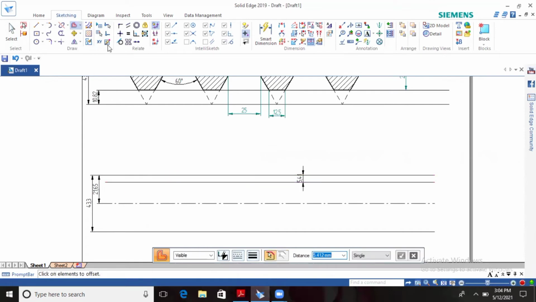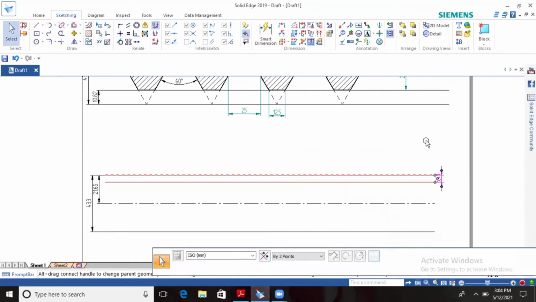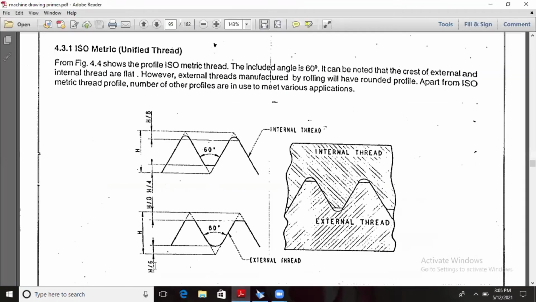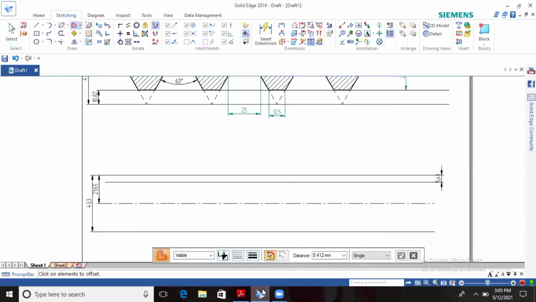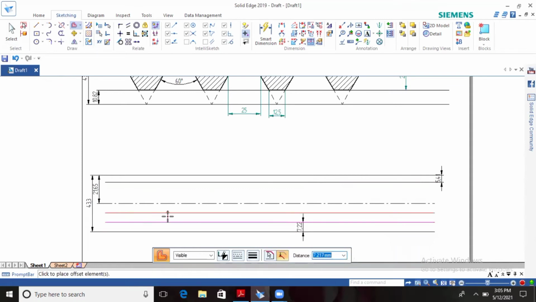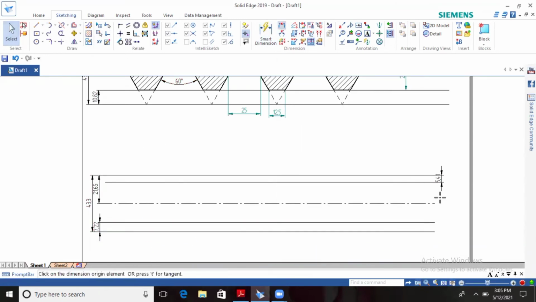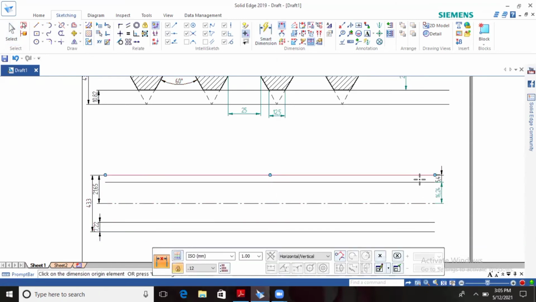In the internal thread we take h by 4, but here it will be h by 6, 43.3 divided by 6. That is the only difference between external and internal thread in isometric.